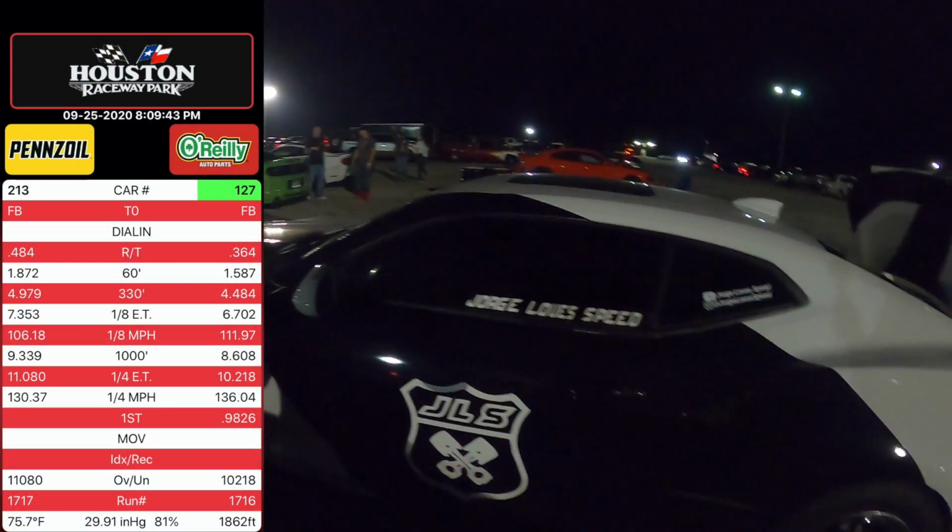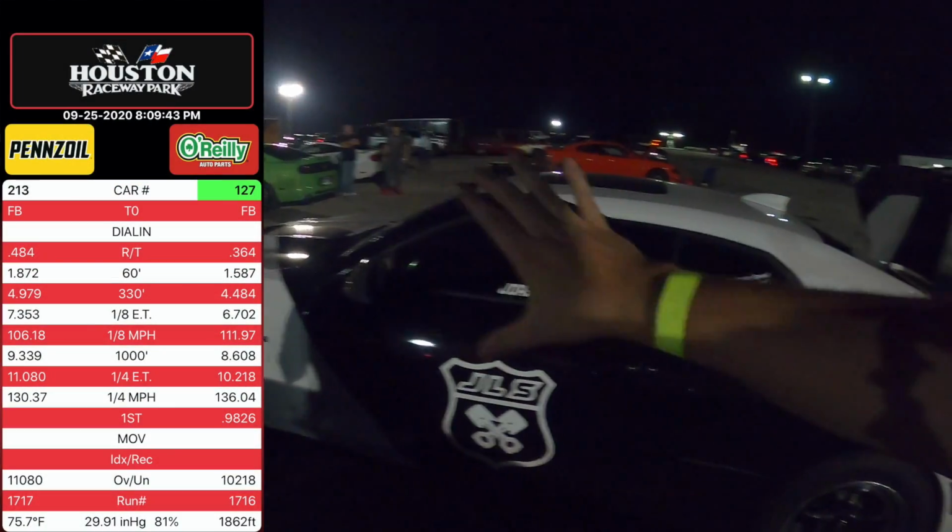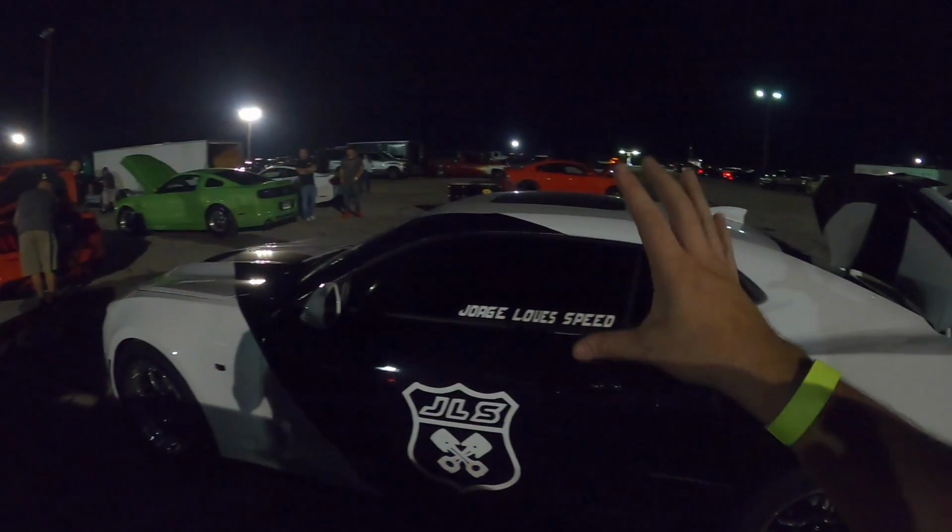The second run, as you guys saw in the in-car video, the car spun hard first to second, so we basically had to let off, but the Draggy still showed a 139.88 with trap speed, so almost a 140, which is awesome. I'll put the track slip here on the side so you guys can see it. But the car shift issues have seemed to be fixed, and now what we did was we actually went out to the track station back there